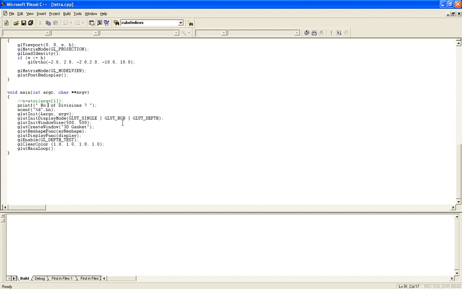And then GLUT_RGB, this is very very important. Why have we taken RGB? There are 2 methods. If I wish, instead of RGB here I can have GLUT_INDEX. What is the work of GLUT_INDEX? GLUT_INDEX is going to have a limited number of colors, but when you specify GLUT_RGB, it is going to have 24-bit color, meaning 2 to the power of 24, which is approximately 16 million different colors you can opt for. That is the speciality of RGB, and GLUT_DEPTH.